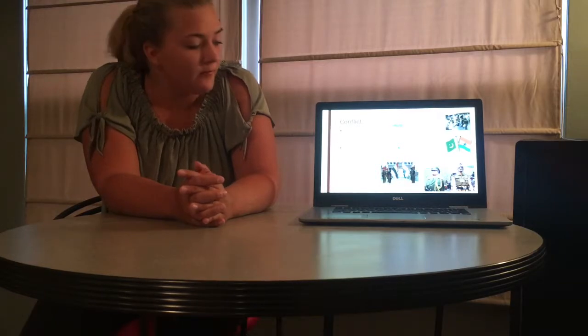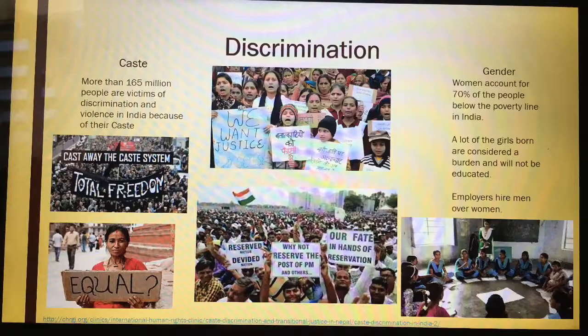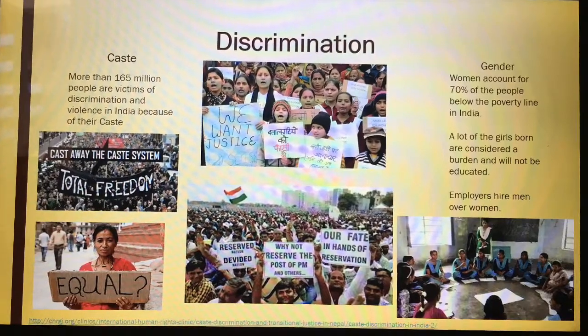Most of India's conflicts are over land. Since they are very overpopulated, they feel they need land to satisfy their housing and farming needs. So India and Pakistan have been in a war over Kashmir. The first war was in 1942 over it, and India and China are also fighting over a boundary that they disagree on.